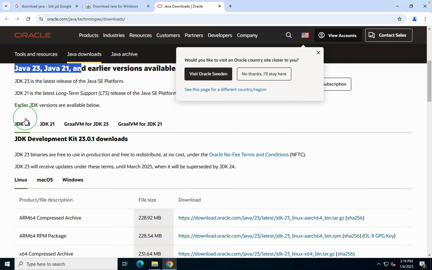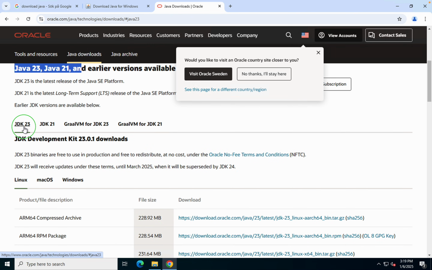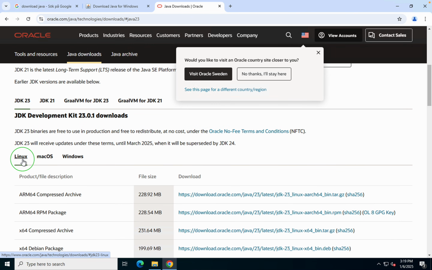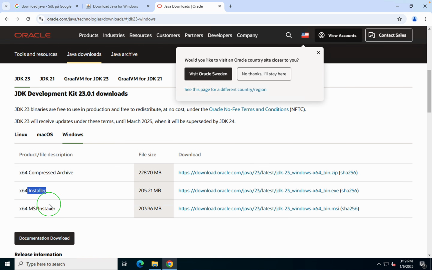So you can see JDK. JDK is Java Development Kit. So you can get any one from here. Let us say I go to JDK 23 and here we have Linux, Mac and Windows. So I will go to Windows, and here when I go to Windows, you can see we have an installer, and then we also have a